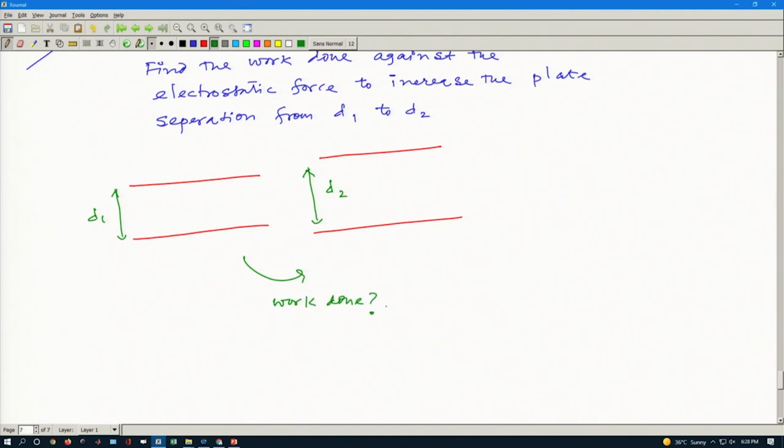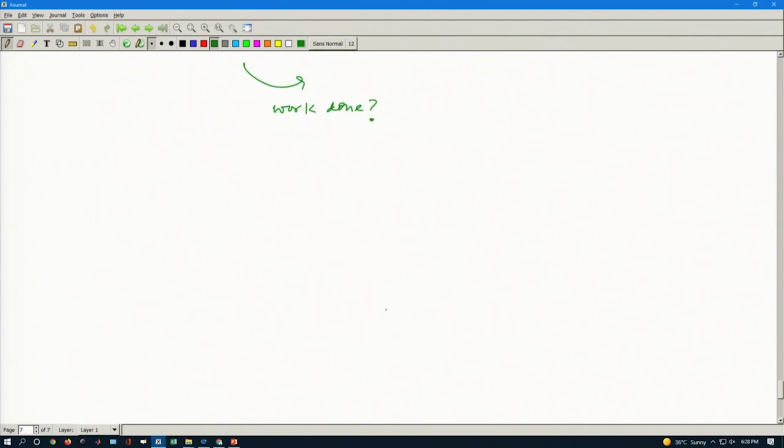Right. Now, we know the energy of the system, and from that we can simply calculate it, because the energy of the system is simply half C V square, and that is simply Q square divided by 2C,